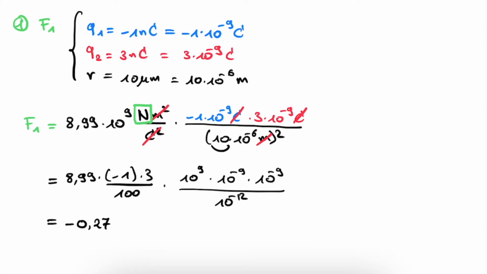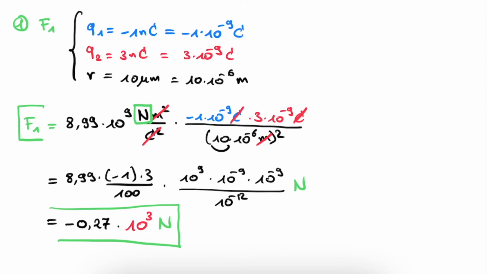And we see already that we have a minus sign, indicating that we have an attractive force, times, and now let's consider the terms with the powers of 10. 9 minus 9 is 0, minus 9 is minus 9, and plus 12, because a minus 12 in the denominator becomes a plus 12 in the numerator. So we have minus 9 plus 12, which is of course 10 to the power of 3. And we should not forget our units, newton. And we already have a first result, which is minus 0.27 times 10 to the power of 3 newton